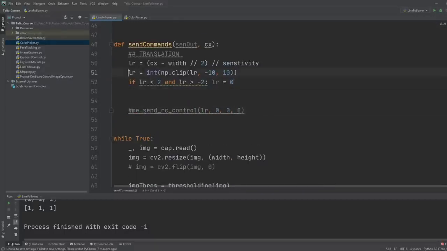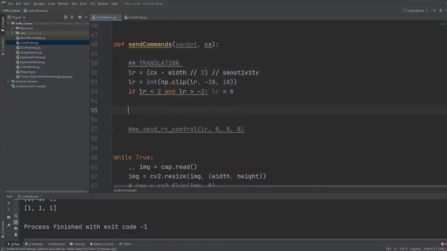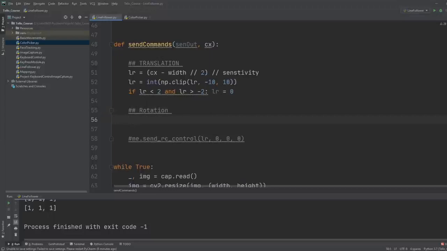Now the second part is your rotation. As we discussed in the rotation, we will have these sensor values. Whether the sensor is on or off, we have to check. So we will say that if our sensor out is equal to 1, 0 and 0, then we will have a curve. The curve value is equal to